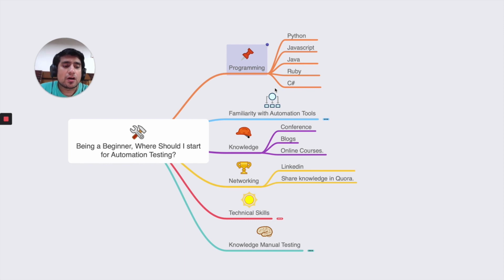Switching from manual to automation, guys, I'm going to tell you, it's not a 1 day job. It's not a 6 month job. It's not a 3 month job. It's not a 30 days job. Different people have different times. Some people switch after 5 years, some people switch in 1 year, and some people just give the interview by learning these programming concepts from TNL, and they switch in 30 days. So it depends.